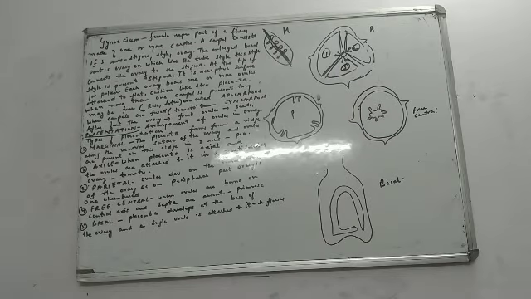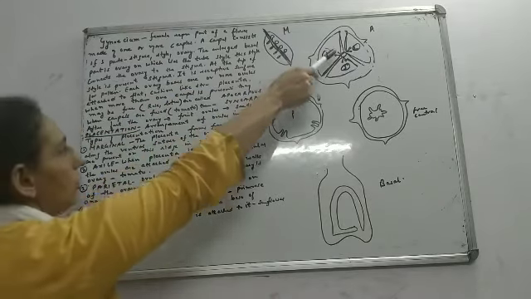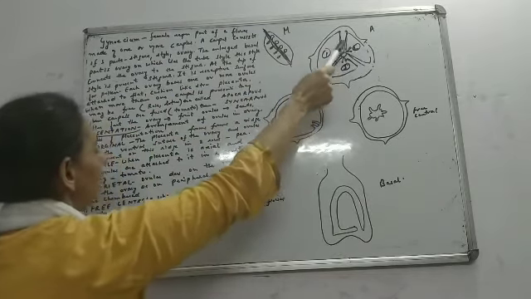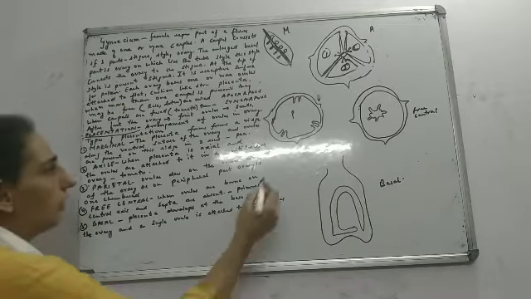What do you need to remember in axial placentation? See the placenta, it is axial. The ovules over here in the center are attached. But the most important thing to remember is it's a multilocular ovary. What kind of an ovary is it? Multilocular ovary. Moving on to the third placentation, that is parietal.